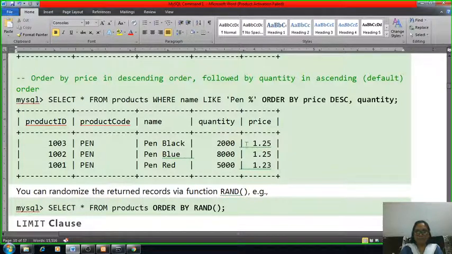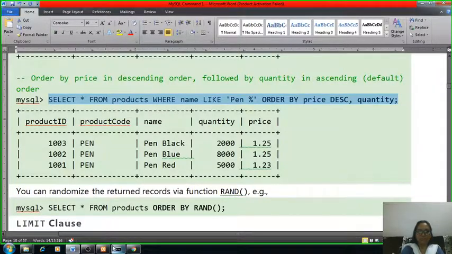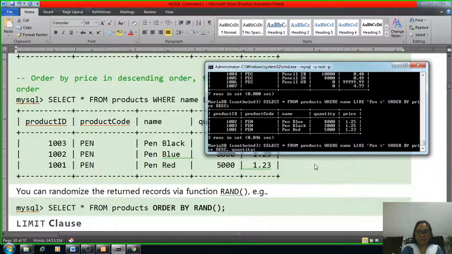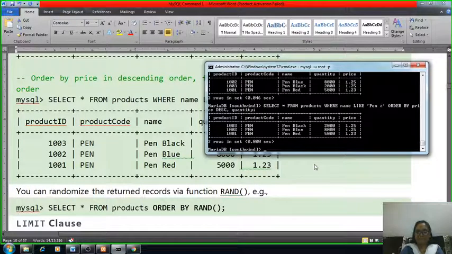Then it will take the quantity value. Let's execute this command. It will display the price in descending order, and then it will display the quantity values, again in which manner, descending order.